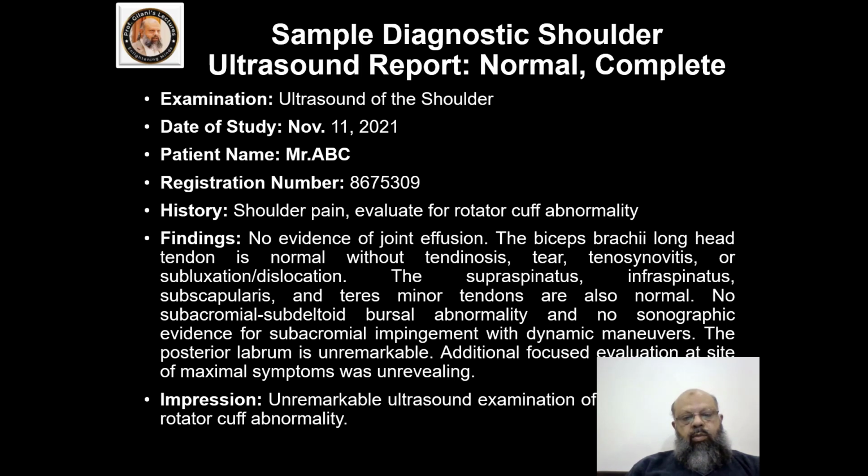We have to mention their appearance and any tear or calcification. If there is any calcification, the size of the calcified area. If there is a tear, we have to give the classification according to the size and location. Then the next thing is the bursal abnormality, appearance of the wall, any fluid inside. Then by having a dynamic examination, performing abduction at the shoulder joint, we will look for any impingement, and then we look at the posterior aspect of the shoulder for the posterior labrum. If everything is normal, we will give the conclusion that it is a normal rotator cuff musculoskeletal ultrasound, or unremarkable ultrasound examination of the rotator cuff.